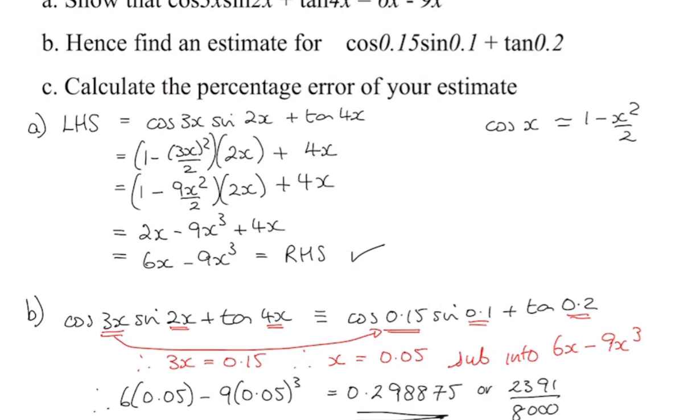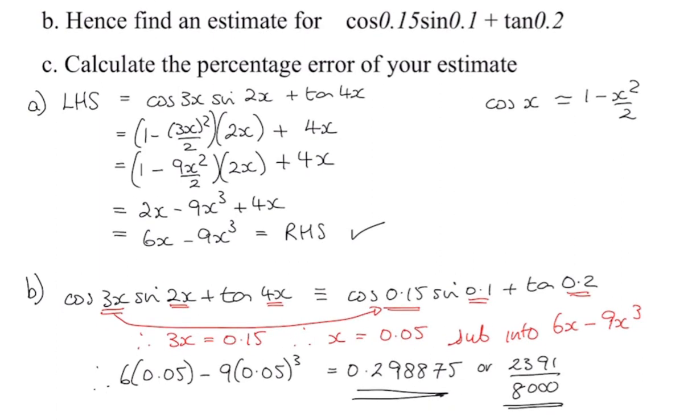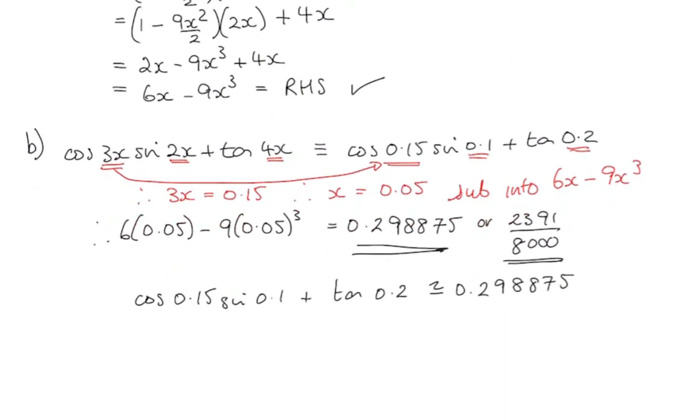That is an estimate for cos of 0.15 sine 0.1 plus tan 0.2, which is approximately 0.298875, or 2,391 over 8,000. So I'm just going to highlight that. That is exact, and this is our approximate, or approximation, or our estimation,